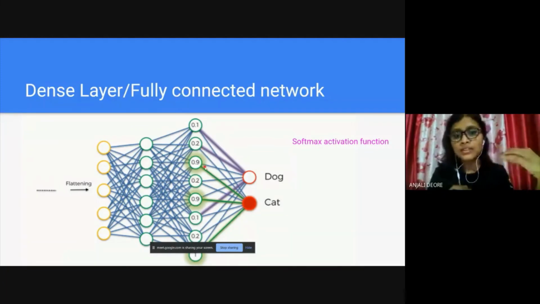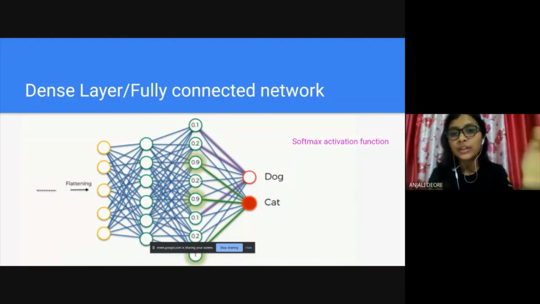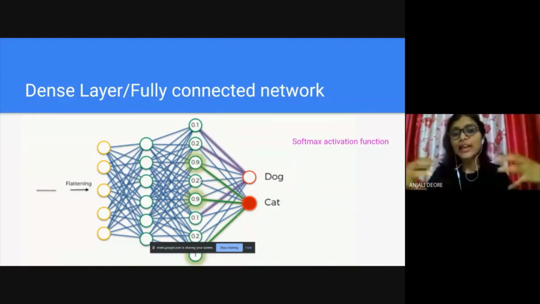Okay, so summing up, we have a convolution layer in which we are first extracting features. Then we have a pooling layer in which we are reducing the dimension of the matrix, and again trying to extract the prominent features. Then we have a flattening operation in which we are converting a 3x3 matrix into a 1D vector. Why are we converting it into a 1D vector? The reason is the fully connected network, or as we call it, the dense network. In the fully connected network, what happens? There is an aggregation of all the features.